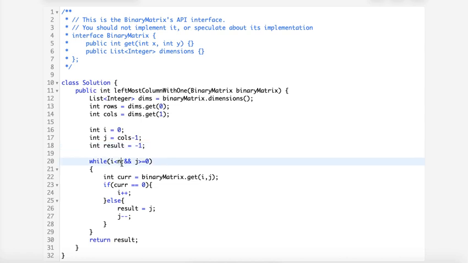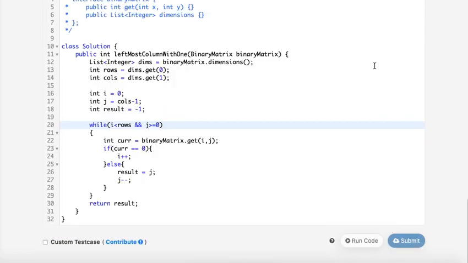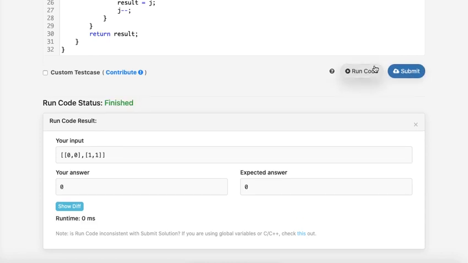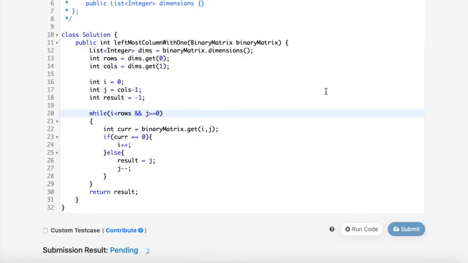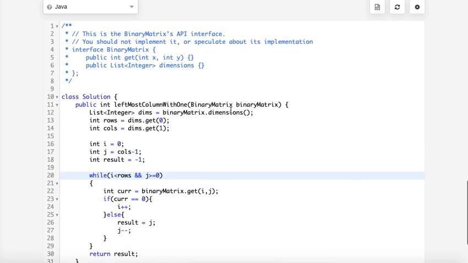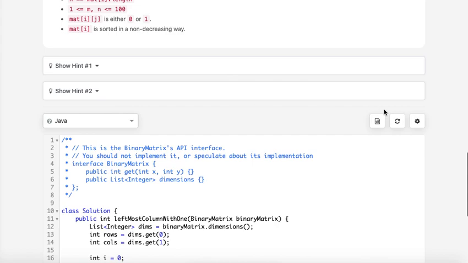Okay, this n is rows. Yeah. Okay, it returns here. Let's submit this. Cool, accepted.